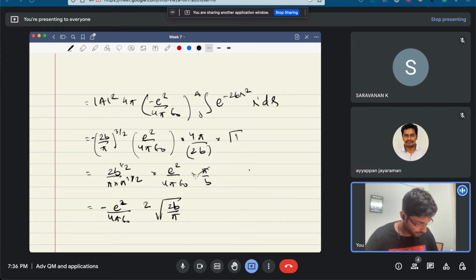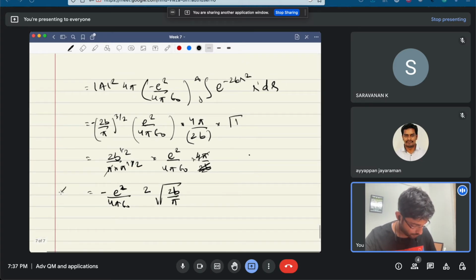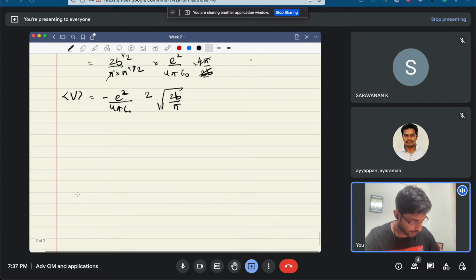Right, we have a pi cancelling out. There is 4, and we have this 2b that is already cancelled out since we have to the power half here. Okay, so this is what we get for your potential term, and for the kinetic